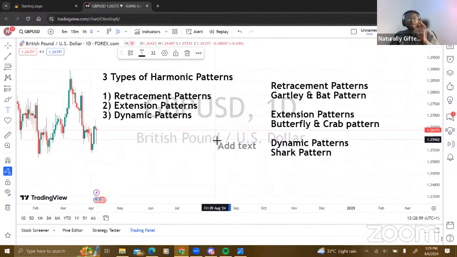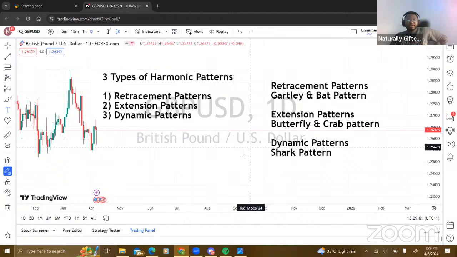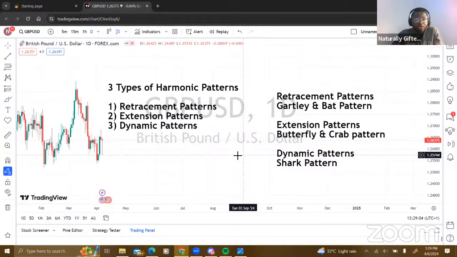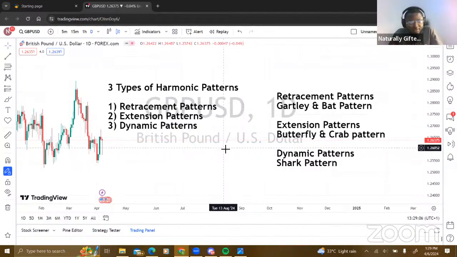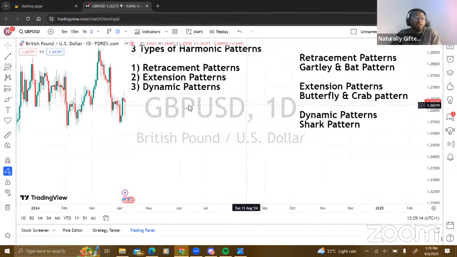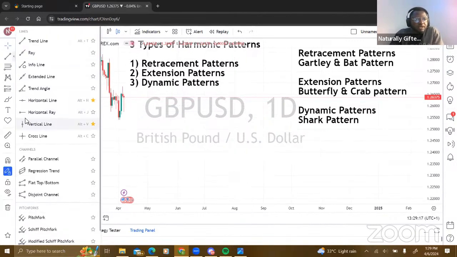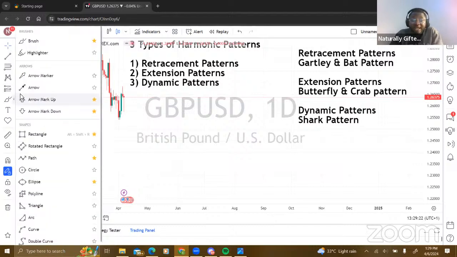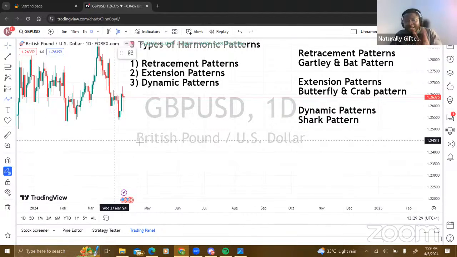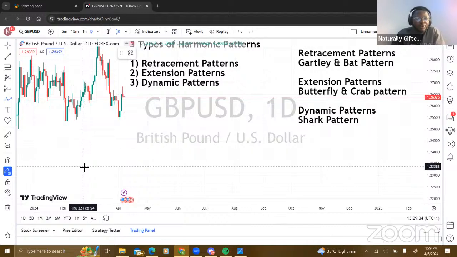So remember again, delete this. Remember that we have three most common, mostly used types of harmonic patterns. And under these harmonic patterns, we have the retracement patterns. The retracement patterns will be something like this. These are Fibonacci ratio patterns. I'm going to give you the Fibonacci values. I'm trying as much as possible not to make this training complicated. But let me just give you a diagrammatical view of